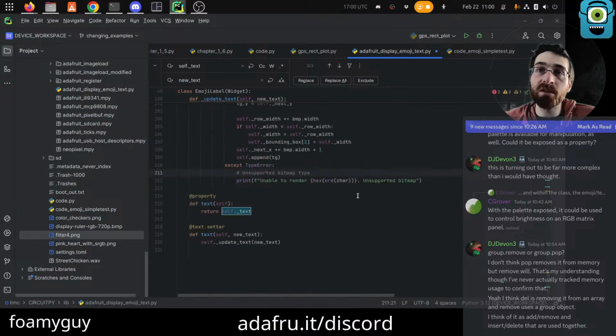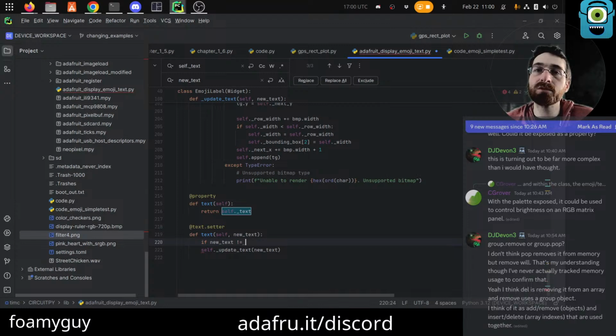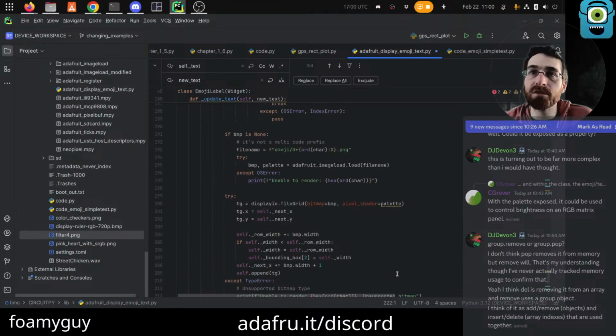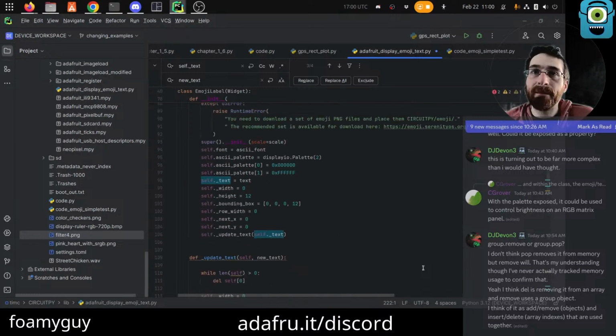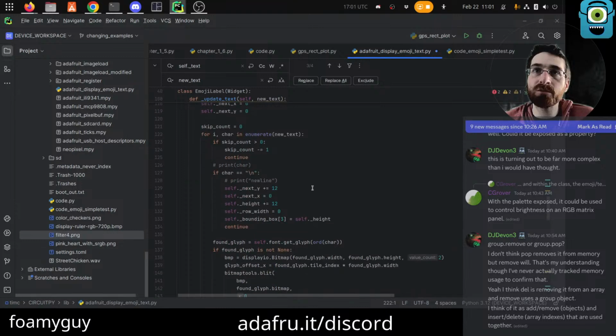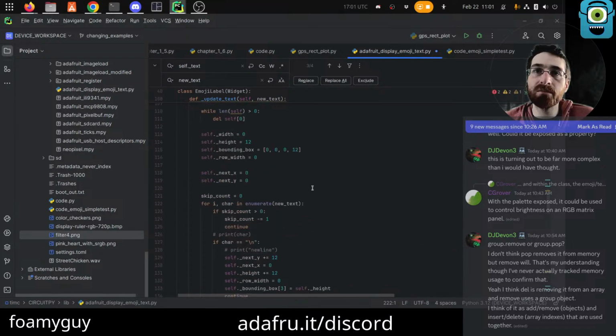So for one thing, we can do something super high level. If the new text is the same as the old text, then don't call update text. So if new text not equals self.text, then call update text. So right away, if they set it to the same thing it already is, we're done. We don't need to do anything. But then inside of here, we can go a little fancier. As we're looping through, we're going to say,